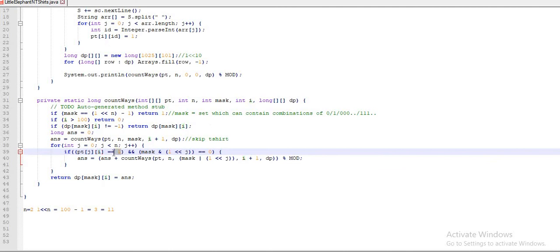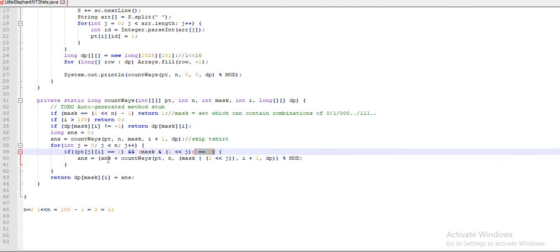If it is 1, then I can check the next thing, the mask, the subset I have created, and check whether that particular bit is set by shifting 1 by j times. If it is 0, it means that the jth person is not already having the t-shirt of type i.